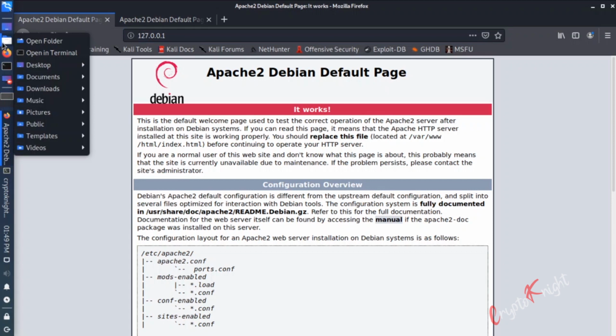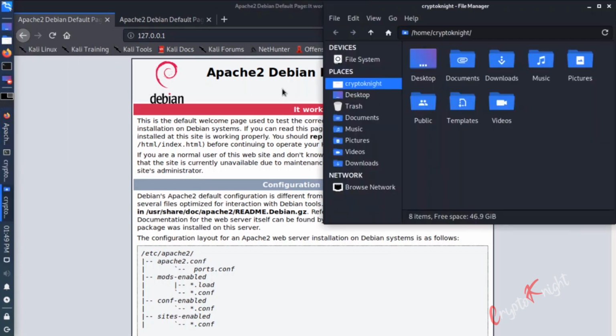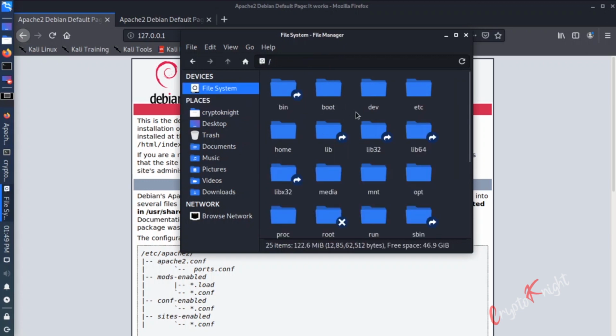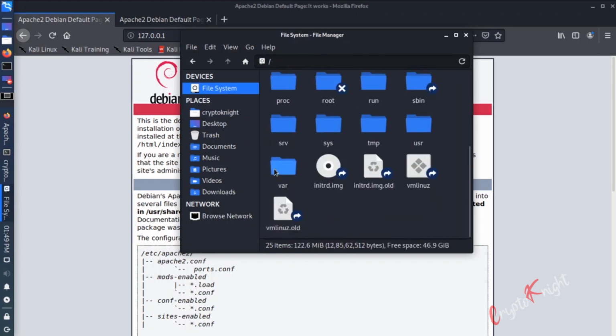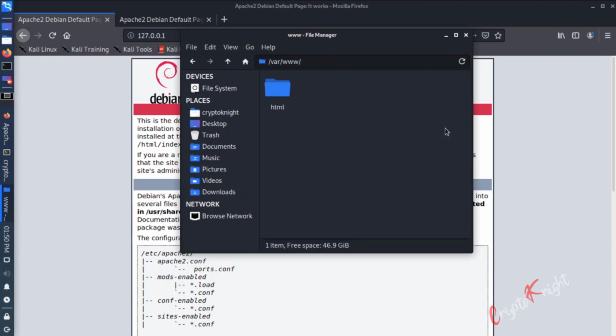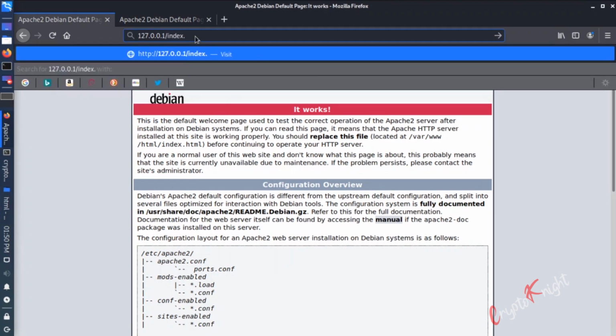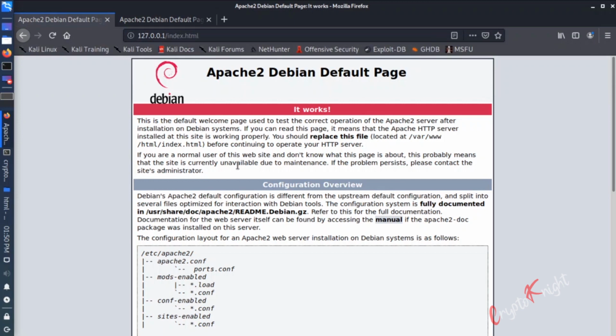Right, if I show you graphically, then go to open folders, click on file system. Now as you scroll down, you will see var, www, html. So this is basically just this file, and by default wherever index.html or index.php is present, by default that file is shown. Now I need not write index.html here because it will again open the same page. So by default index.html or index.php and so on, these things are fetched.